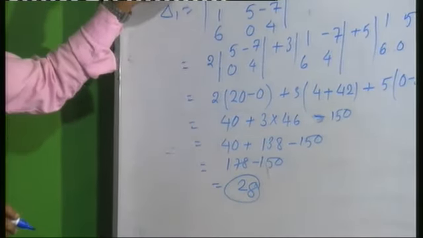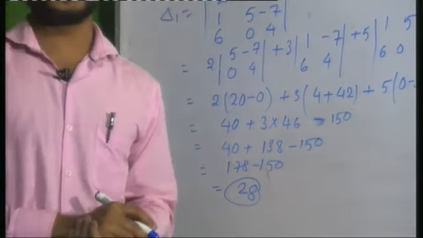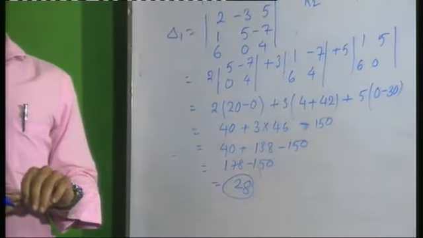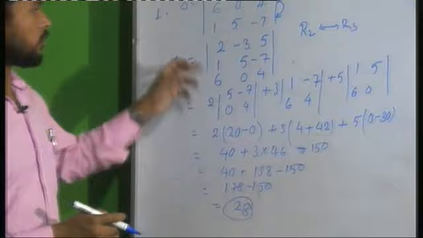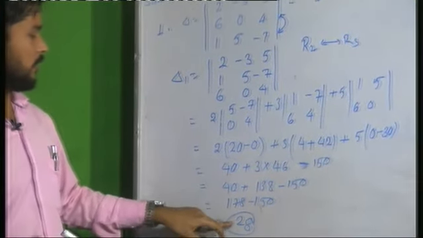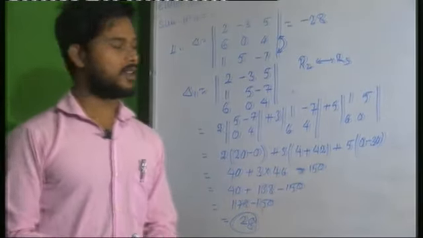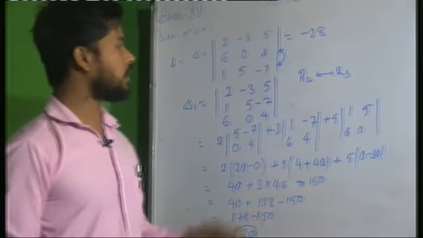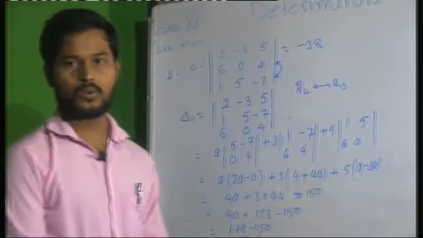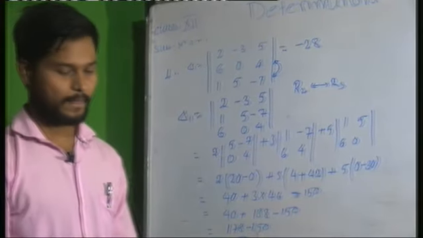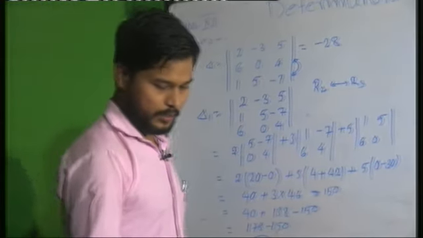So the value of the original determinant is equal to minus 28, and when we interchange any two rows or columns, then its value becomes positive. Means the value of the determinant, its sign changes when we interchange any two rows or any two columns. Okay, now property number 3 is